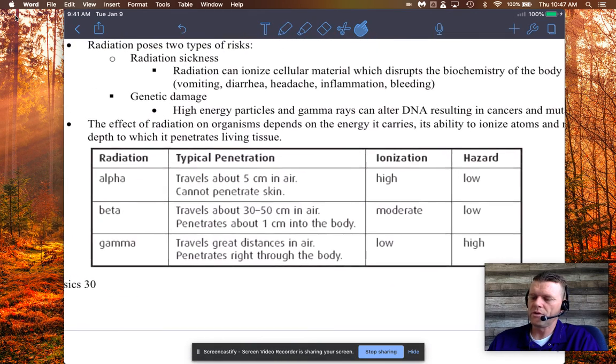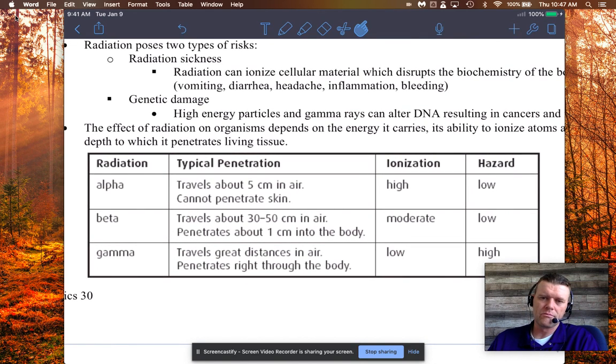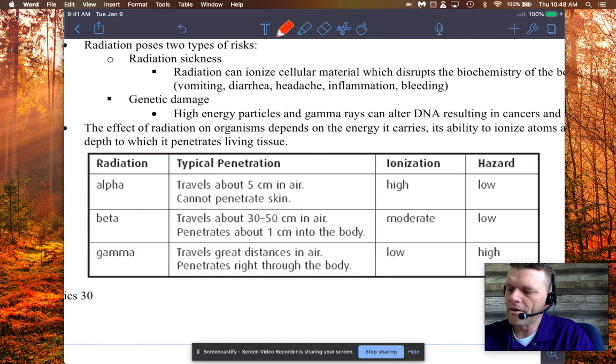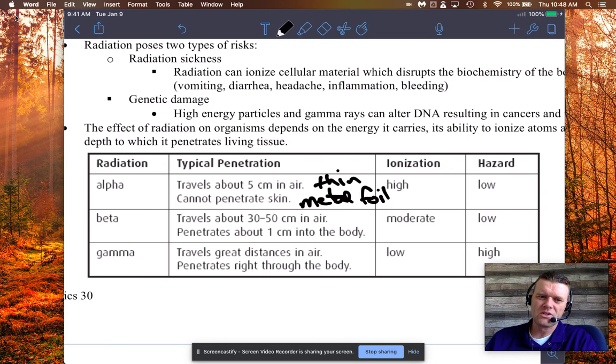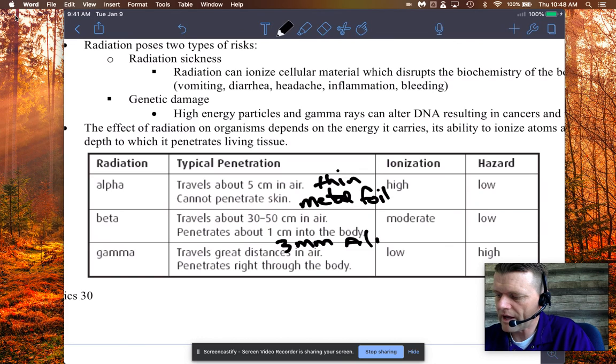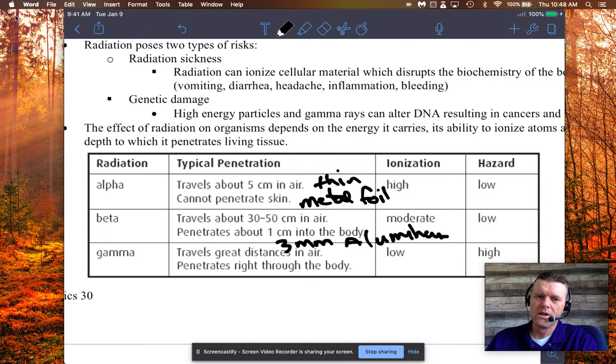This chart kind of compresses what we already learned, but you should know alpha, beta, and gamma and their rough, typical penetration, okay? I was going to add one more thing to this. Alpha particles could penetrate thin metal foil, really thin, okay? But they can't even penetrate your skin. But beta particles, so that's electrons and positrons, like you saw in the other one, it's about 3 millimeters of aluminum. Okay, I said that in the other one. So it can penetrate a little bit further, but gamma are photons, remember, and they can travel through several